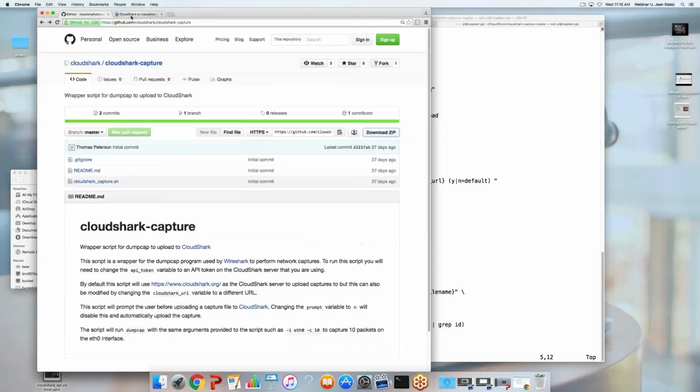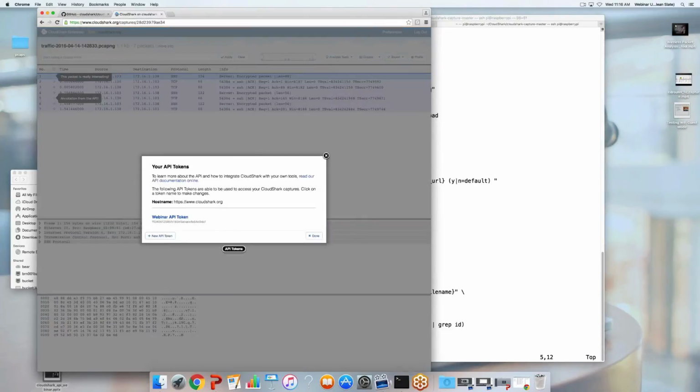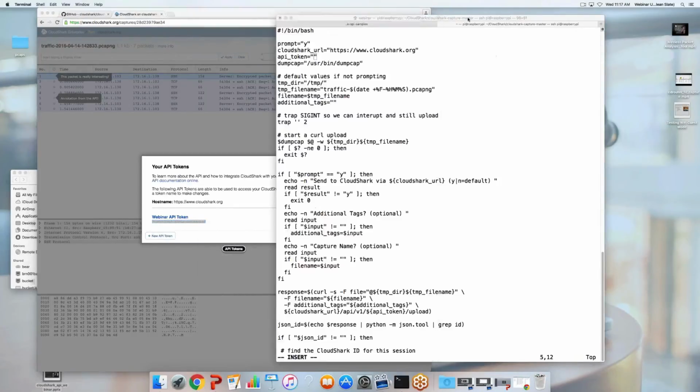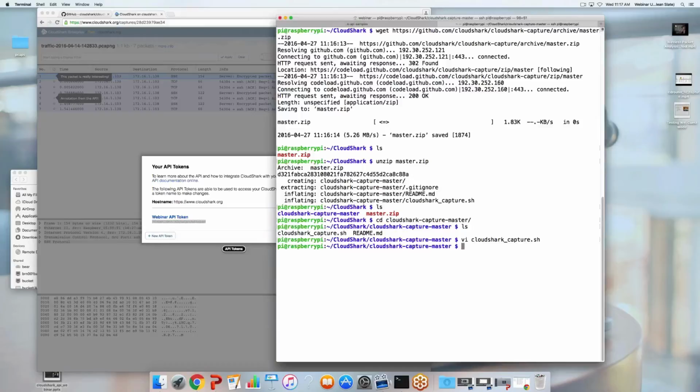And like Jason said, you can find this by logging in and going right to Preferences and API Tokens. Copy that and paste that right in. And we'll make this script executable. And now we can